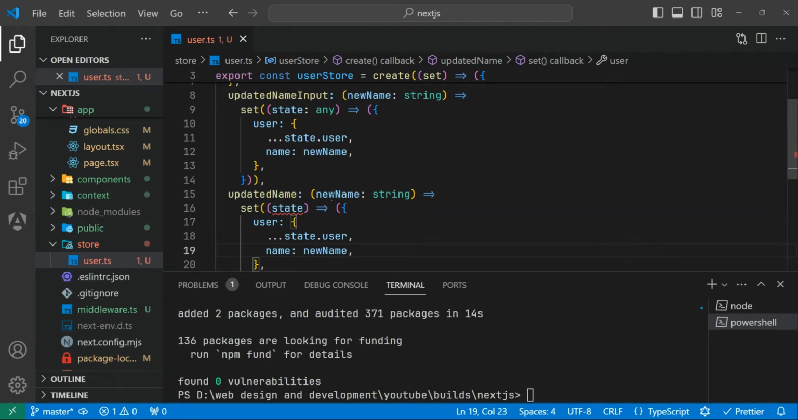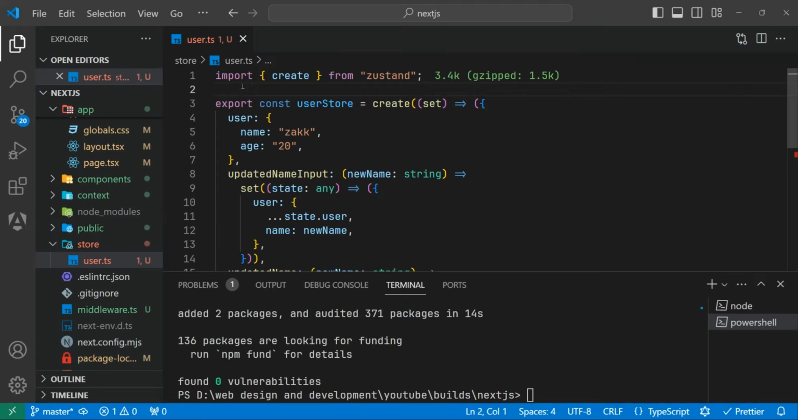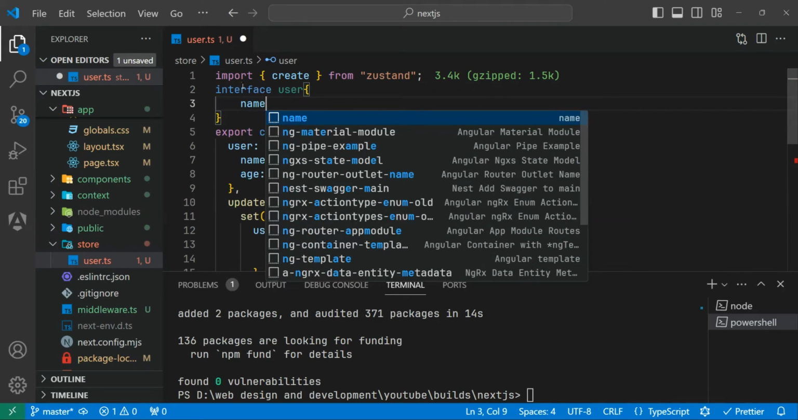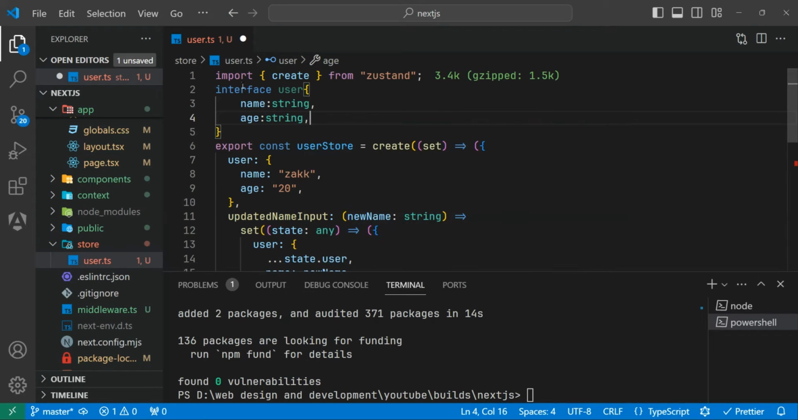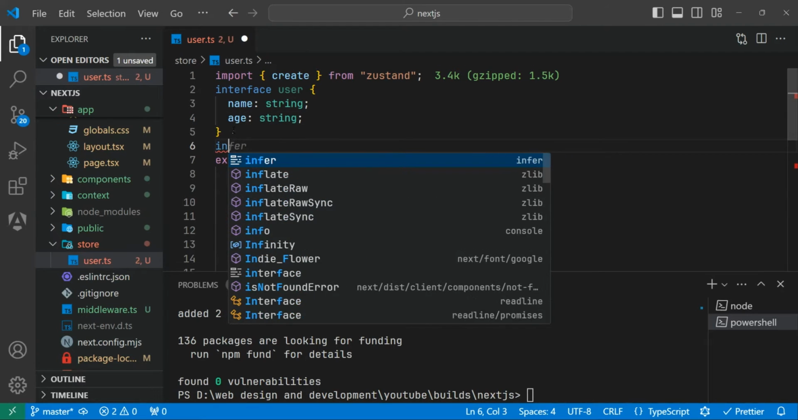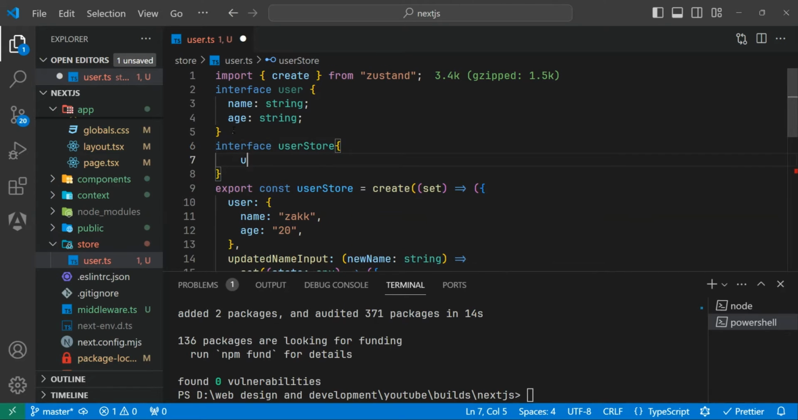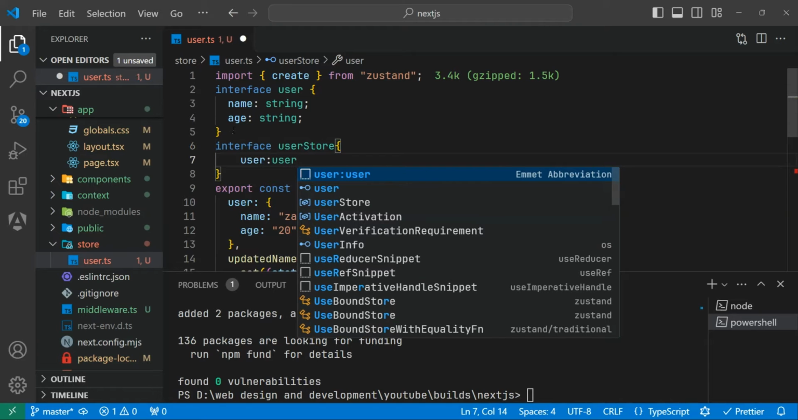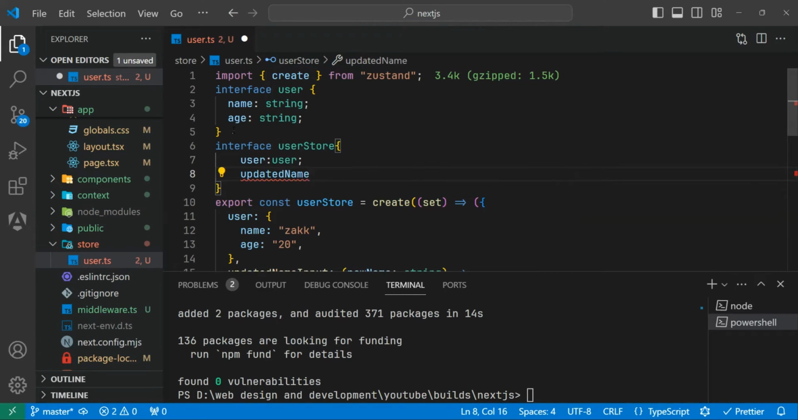Now we can use this function and this state inside all components. I'll show you that, but before that, let's specify an interface for this. Two interfaces. First for the user, interface user, and the name string, and age also string. And let's save this, and let's assign another interface for the functions. Interface user store, user, which is user, updated name input,